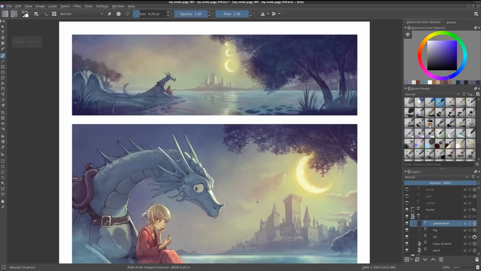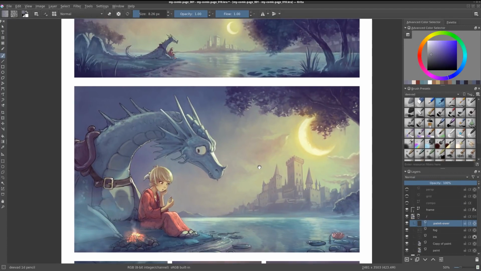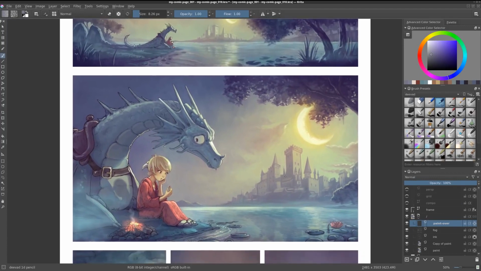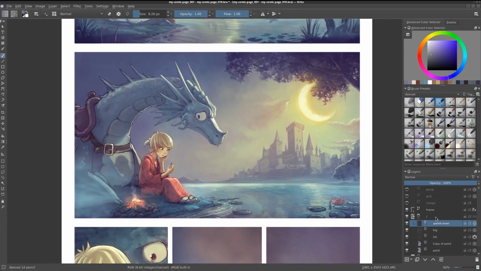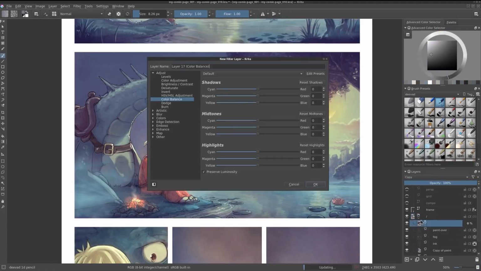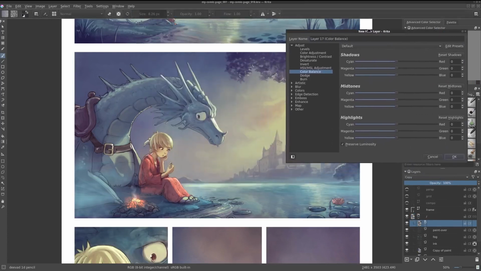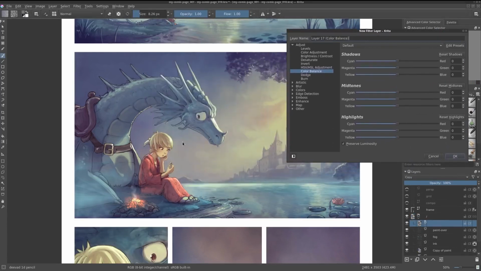So we will now enter the last step, and the last step, when all is done, like now, is to just add a filter layer on top of the graphics, in my case a dynamic filter, and this filter will be on all the picture except the frame. Oh, it appears in the group, but I will move it later. And this filter is the